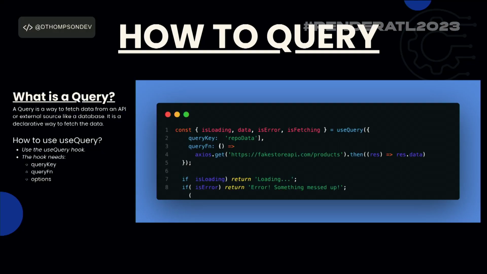The data itself, obviously we need that. Going through that, we have here our query key, which in this situation we're calling repo data, and we have our query function. Since I'm using Axios, I'm using a random API to generate some products, and that will be used in the examples after this. Just like that, it doesn't matter if I'm using Axios, get, or fetch, whatever it may be. It doesn't care about the method of what I'm doing, it just cares about the data that it's getting back, so that we can start manipulating it.